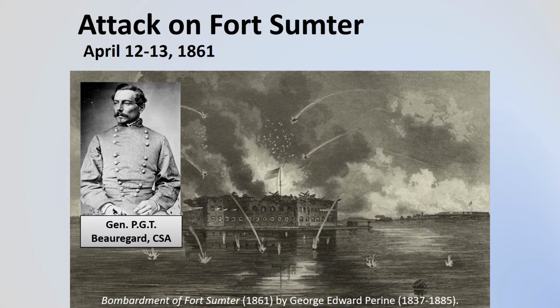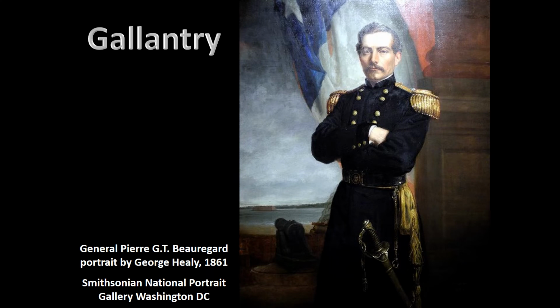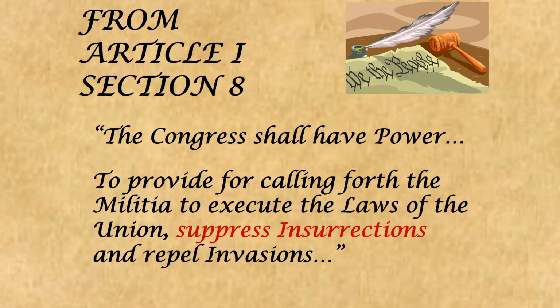This is the man who was in charge of the attack on Fort Sumter, and that was General P.G.T. Beauregard. What a great Southern name that is. And they are going to fire on the fort for 2 full days, and the man who is in charge of Fort Sumter cannot hold it. Okay, this is in the portrait gallery. This is Beauregard. And he cannot hold it, and Fort Sumter is going to fall.